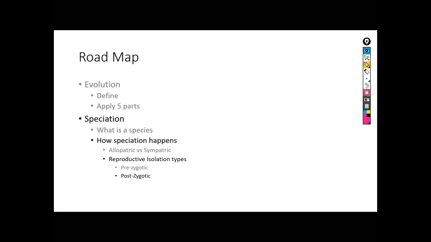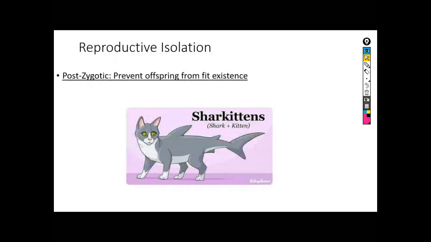Okay, then at the very, very end of class, we had just started talking about post-zygotic. So the other option. And remember, when we're talking about species, we can use any combination of these. And the more of these isolation techniques we're using, the more separate, the more isolated our 2 populations can be. So in this case, remember, post-zygotic